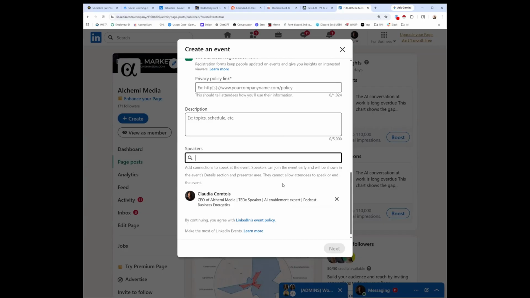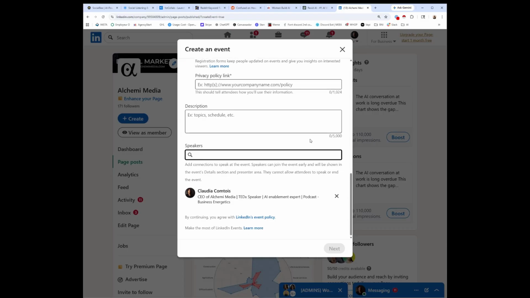Okay, so you see, you're gonna get visibility on your page and you're gonna get visibility on your personal LinkedIn. This will go live and it's being pushed by LinkedIn right now. As I told you last week, there are not a lot of events on AI. You can leverage that. I do not know how long we'll be able to leverage that and be at the forefront of everyone.